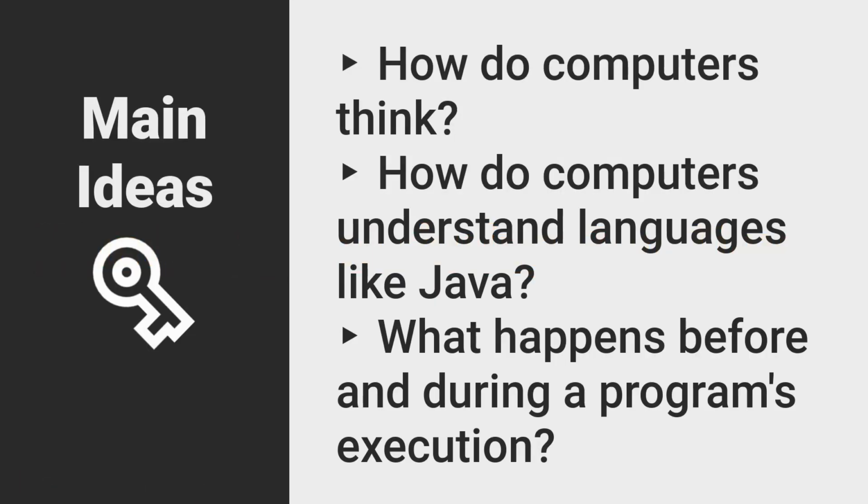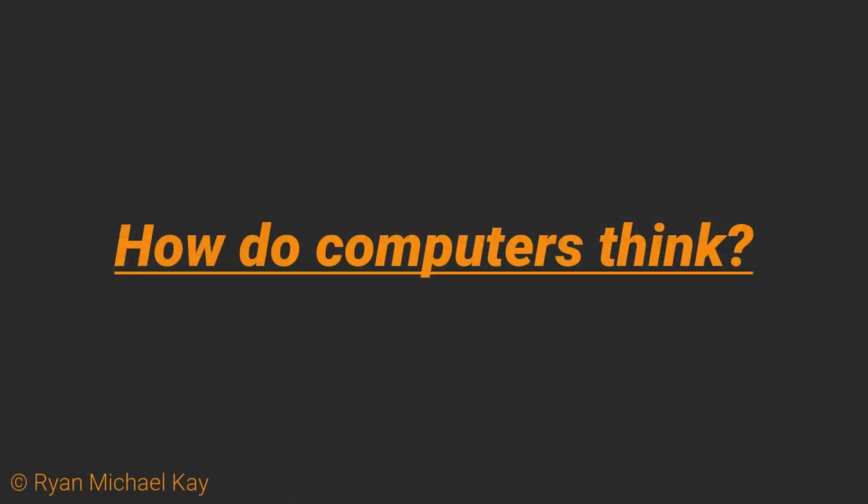Now that we understand what a program is in a general way, it is time to get more detailed about how computers are able to understand the Java programs we write. It turns out that several layers of translation occur before we can even execute or run our programs. After we talk about that, we will look at what happens when our program is actually running. In order to explain how computers understand the Java code we write, we need to know a bit, excuse the pun, about how computers represent information.